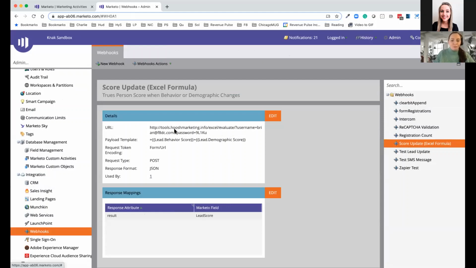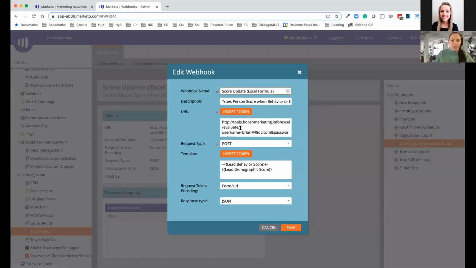This is using just a simple login. When you edit this, you're going to see the basic setup here. You want to make sure that in this particular setup, you're using POST, and then it's a form URL and JSON the way that this is set up. And then all you need to do is put in the math, so equals token plus token. Just make sure that your token names actually match your token names inside the system. If you're using what you think is the token name and it's not actually the token name, this will fail.